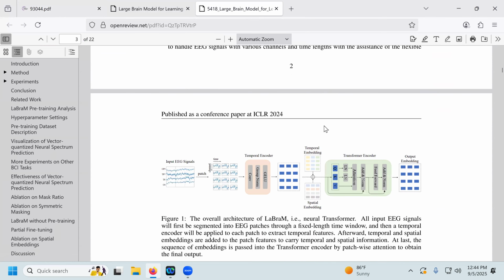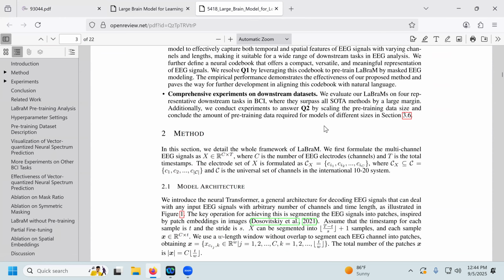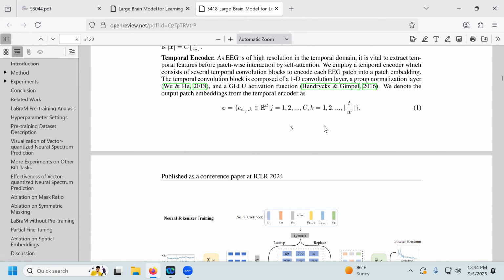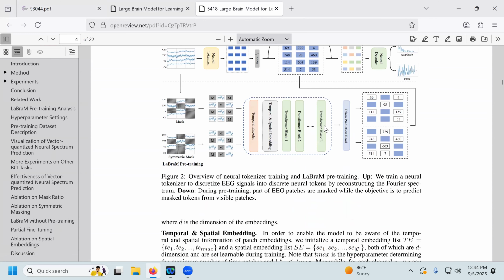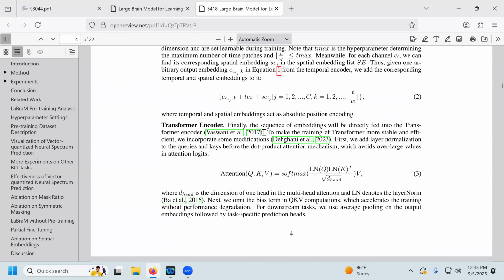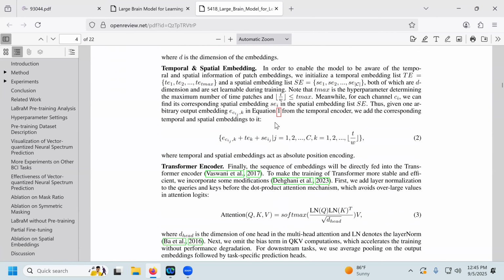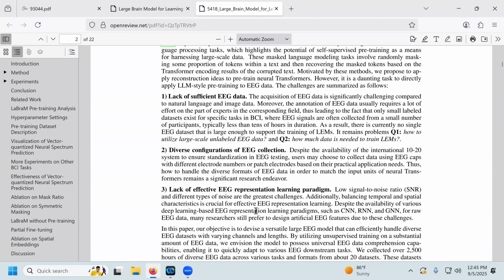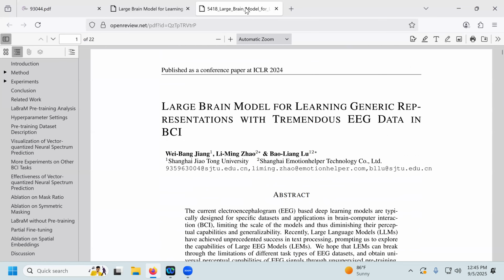Okay, so this is the foundation model EEG paper. I might send this into the chat as well. Yeah, okay, here we go. Temporal and spatial embedding: utilize a temporal embedding and a spatial embedding, both of which... Okay, so it looks like the authors of the second paper basically just copied this verbatim from this paper. Are they the same authors? No, that's actually surprising. I thought they would be, but it doesn't look like it.